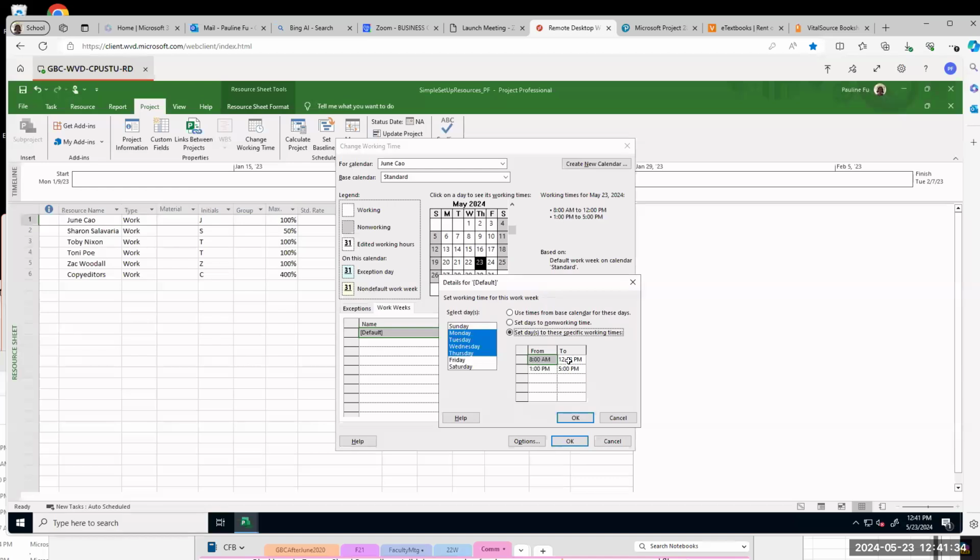So 8 to 12 first, then 1 to 7. So that it is 10 hours a day with 1 hour lunch break. So this one, not 5, choose 7. I pause for a moment. Questions?